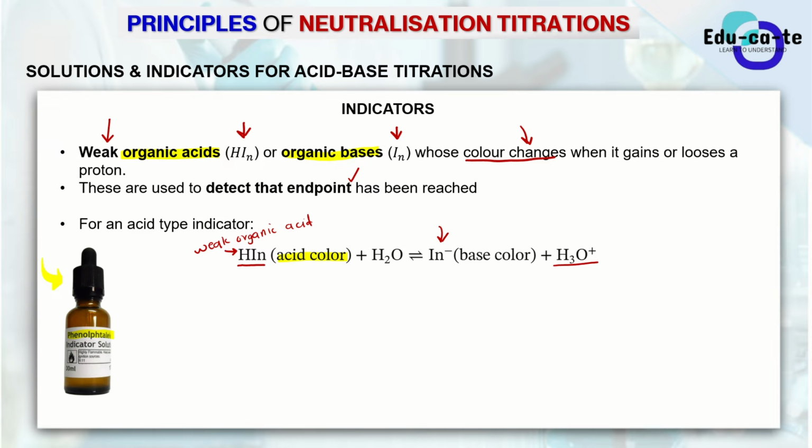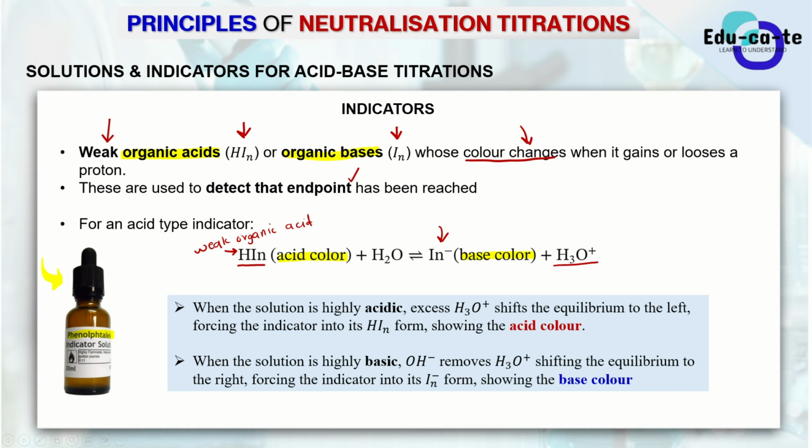But the moment you put it inside water, and then you start titrating, and it happens to lose a proton during the endpoint, then it is going to form a conjugate base which will have a different color. That is why indicators are used to be able to detect the endpoint, because they are the ones that tell us that now the number of moles of the titrant are equal to the number of moles of the analyte.